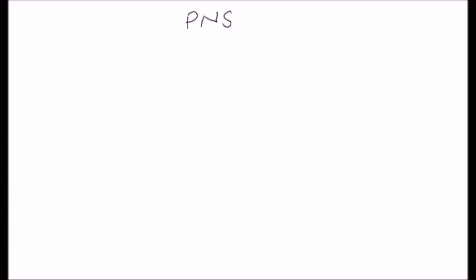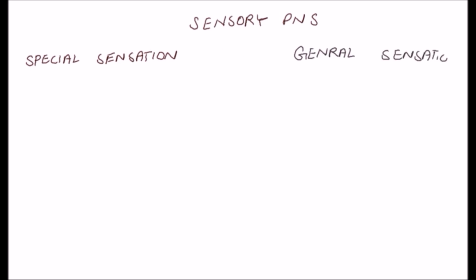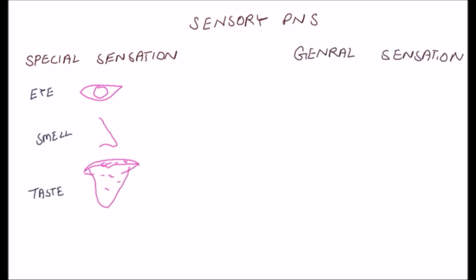The peripheral nervous system has two parts, the sensory peripheral nervous system and the motor peripheral nervous system. The sensory peripheral nervous system is further divided into two basic categories, special sensation and general sensation. Special sensation includes the eye, the vision sensation, the smell, the taste, the hearing sensation and the balance,